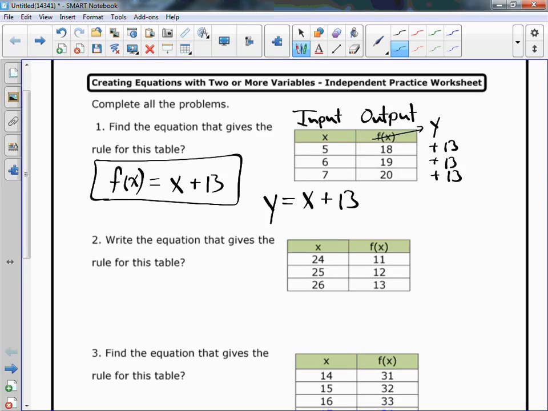If you feel more comfortable getting rid of that f of x, which stands for function of x, just replace it with a y. You can scribble those out and replace that with a y, because y is another name for the output. The f of x tells us something else, just a little additional information, but at this point we don't need that, and we'll get into